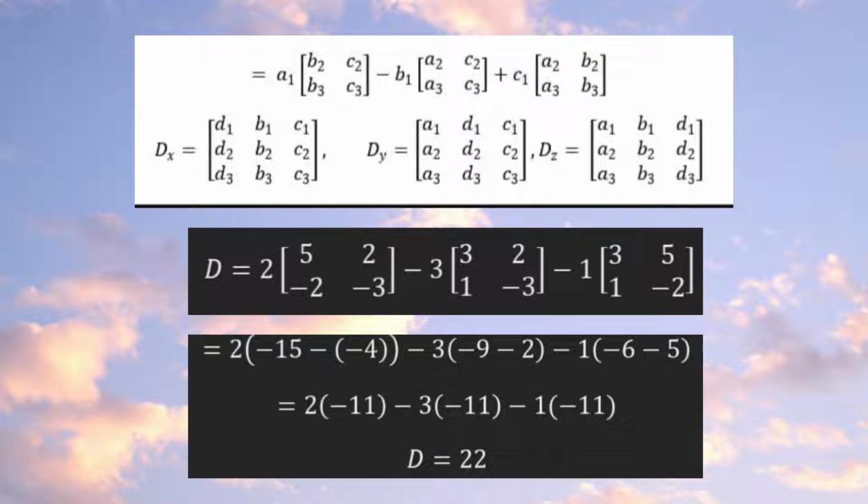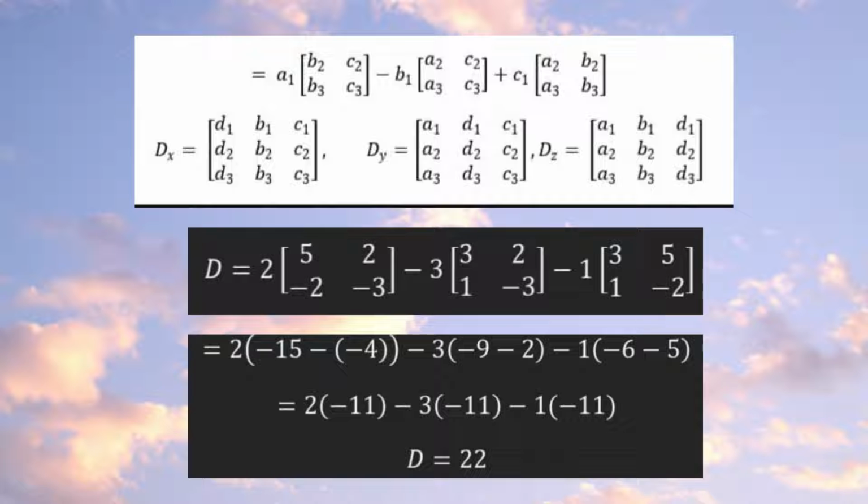In the third bracket, -1. So we put -1 because negative plus equal negative. In the third bracket, we close the -1, row 1 and column 3, and we get 3, 5, 1, -2. So next step, we put number 2 in down and the column we put -15,